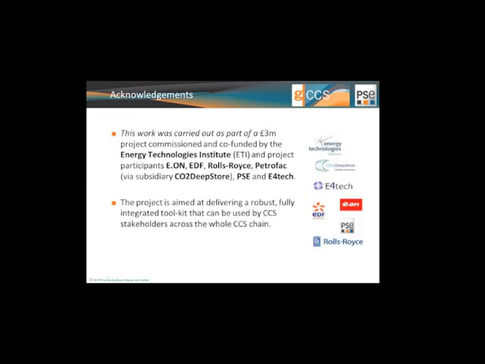Before concluding, I would like to first acknowledge the ETI and our consortium partners. This work was carried out as part of this project, commissioned and co-funded by the Energy Technologies Institute. And